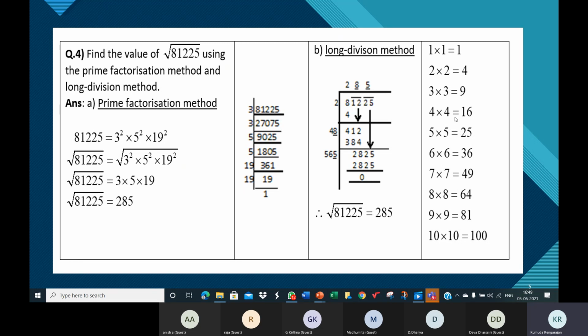Look at this table. You should find the product 8 or a number close to 8, immediately less than 8. From the products you have here, you must find this product 8, or a number which is just less than 8. So 8 you don't see in the products here. So the number just less than 8 is 4. 2 2s are 4. See, this is not the usual tables. You should use 1 into 1, 1, 2 into 2, 4, 3 into 3, 9, 4 into 4, 16. The square tables like this.